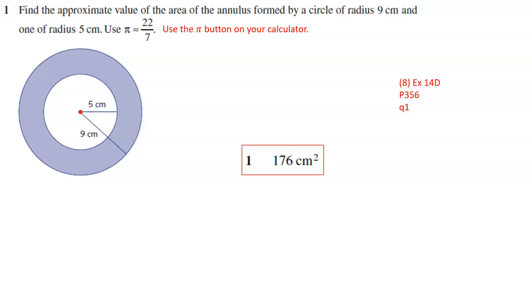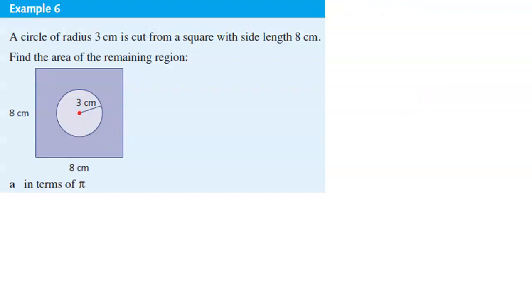And this should be your answer to the nearest whole number. Okay, let's look at this example. Here we have a square with a circle cut out of it. So to find the area of this remaining region, this darker purple region,